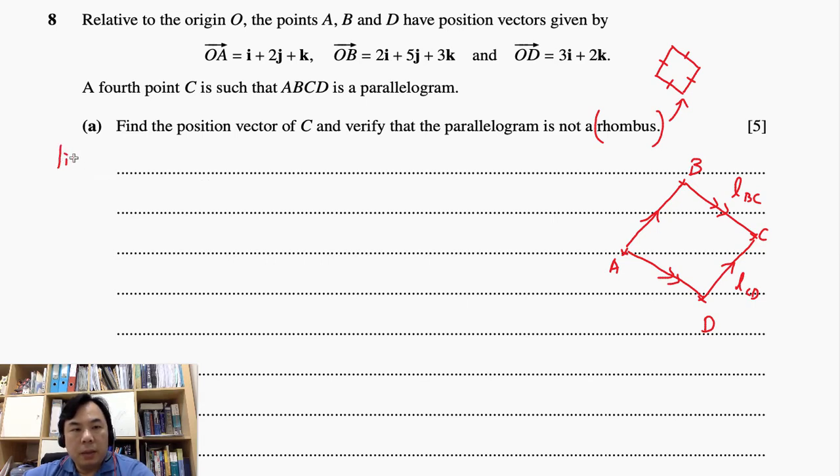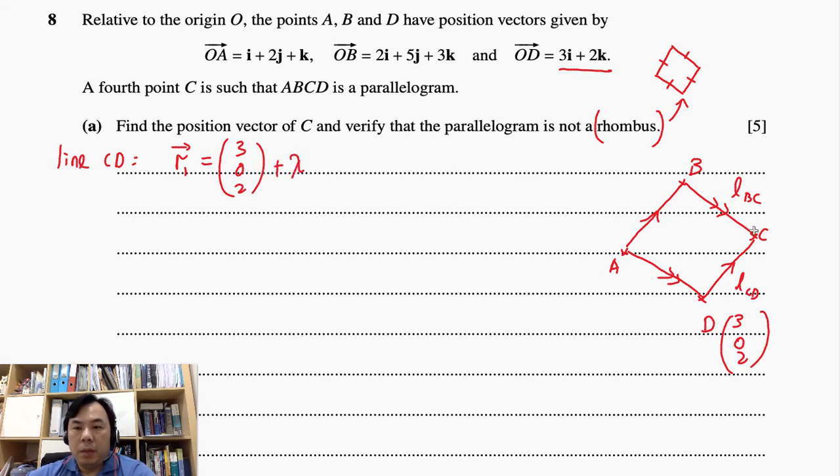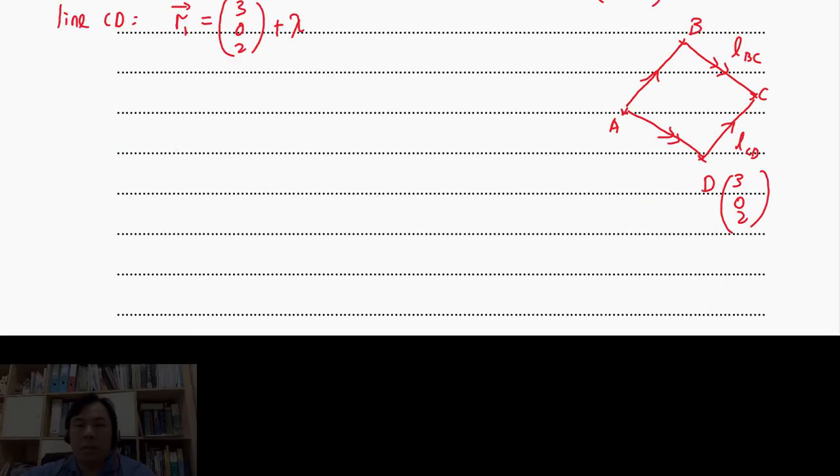For line CD, to work out line CD, the equation is here. Okay, I'm going to write down r1 here. We need a point. For a line, you must have a point. Since we have the point there, which is D, D is actually 302. Okay, be very mindful with this. So there's 302. And then let's use a parameter here, and it must have a direction. Since AB is parallel to DC, we can say that the direction of CD must be the same as the direction of